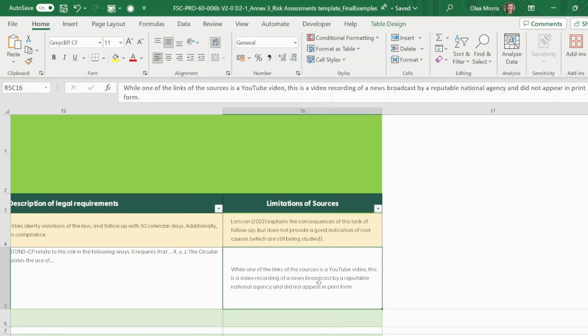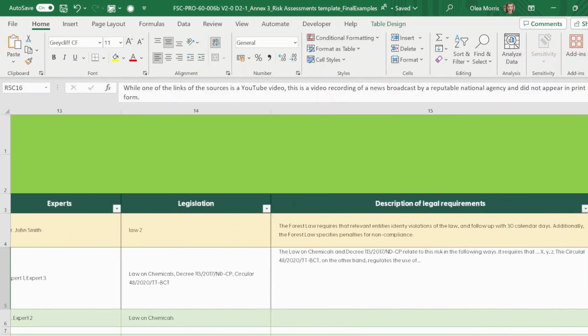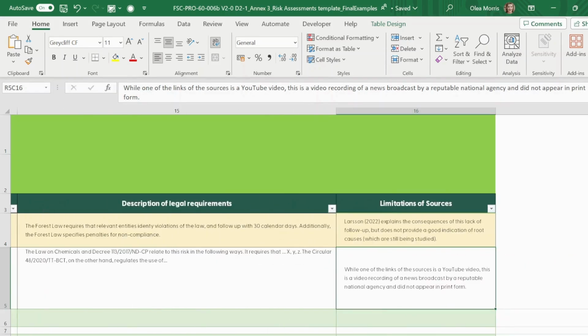So, for example, one of the links of the sources is a YouTube video. That's probably not a great source, but it's a video recording of a news broadcast by a reputable national agency and did not appear in print form. Okay, that's probably acceptable. So this is the kind of information that we would include here in the limitations of